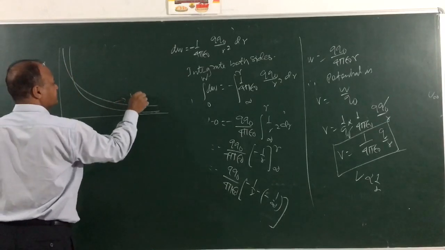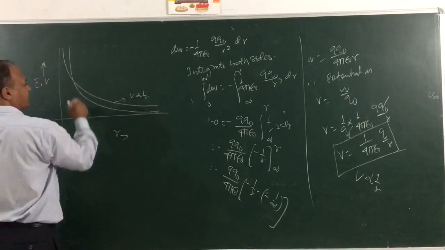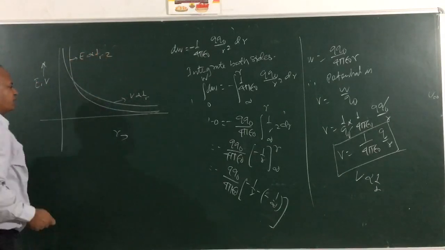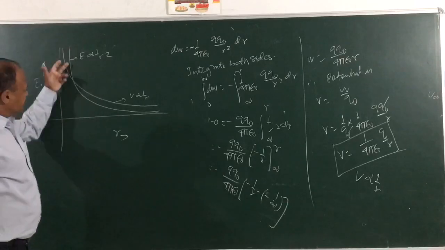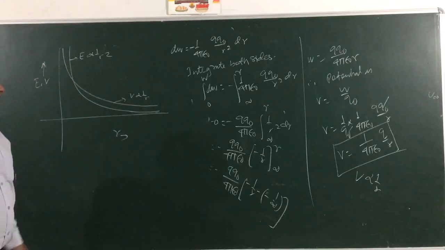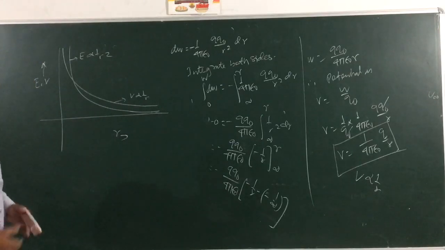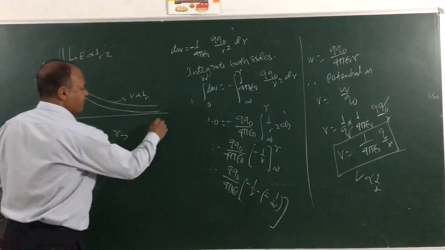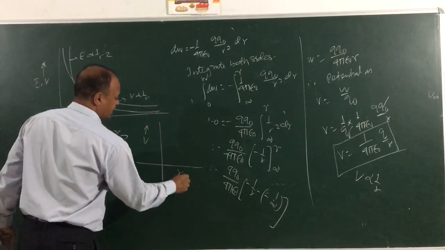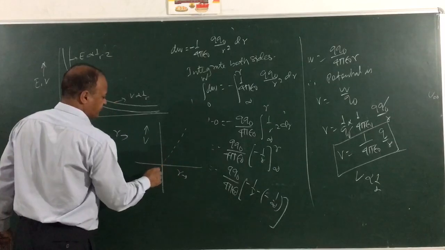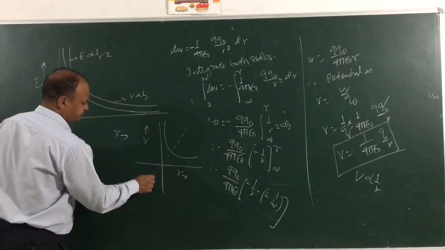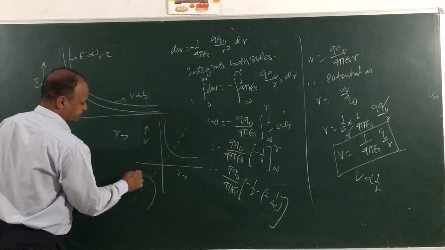This is E, and this is V. It is important for you to know the graph. The graph which is most steep is E. The graph which is less steep is V. And you have to know that V is actually a rectangular hyperbola. I can plot the graph like this. This is V and this is R. Actually, a rectangular hyperbola comes like this. This is how V comes. This is a rectangular hyperbola.